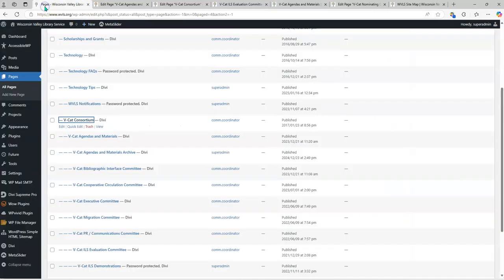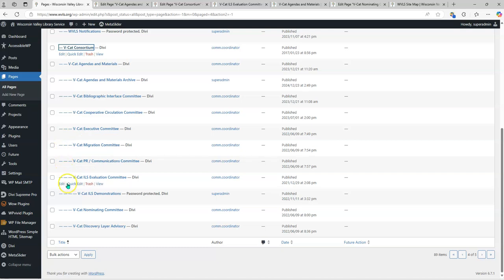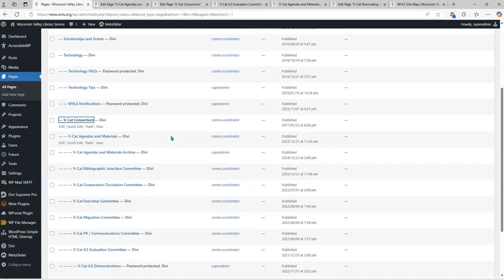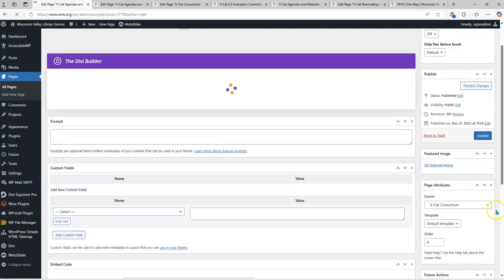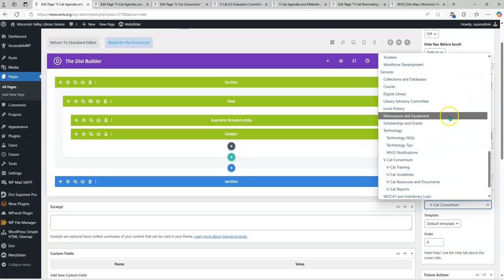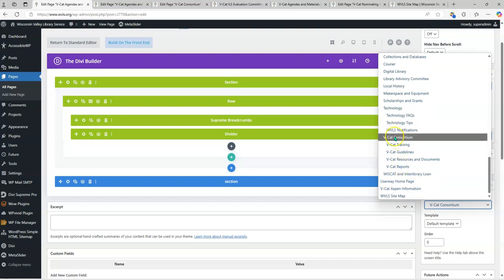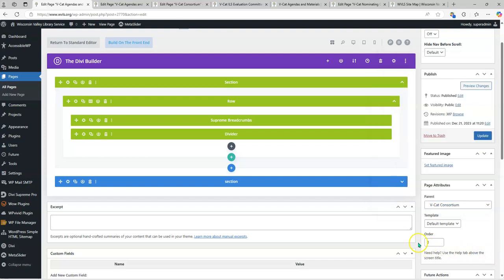Again, quickly review. In order to make the breadcrumbs truly work on your website, you do need to come through and create a hierarchy on your pages. And how you would do that is you would click on any page that you want to have in a hierarchy, and you assign it a parent page under page attributes. Drop that down, and you'll see that the VCAT consortium falls underneath services, and then all of these pages fall underneath the VCAT consortium. So each one of these is assigned a parent, starting at 0 for the order, and then 1, 2, 3, and 4 following for all of the items beyond that. And then you can